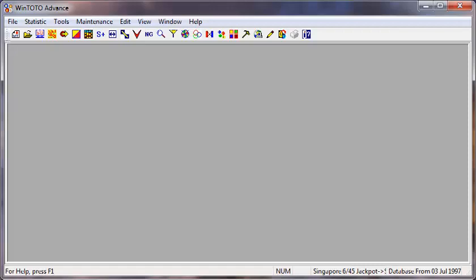And I'm most glad to share with all of you, it was launched in Singapore. In fact, it was only 2 years later, in the year 2006, that we saw ourselves winning the jackpot 5+1, group 2. That year, we were celebrating Lunar New Year. We had a gathering, and after this gathering, we had what is called a pooling. What pooling does is that every member, altogether 5 of us, put in our money and we buy the total numbers together, using WinToto Advance Software to select the numbers. And he selected a 5+1 winning number.